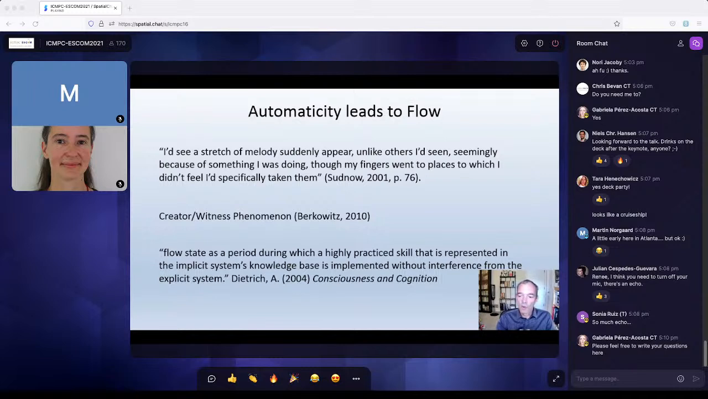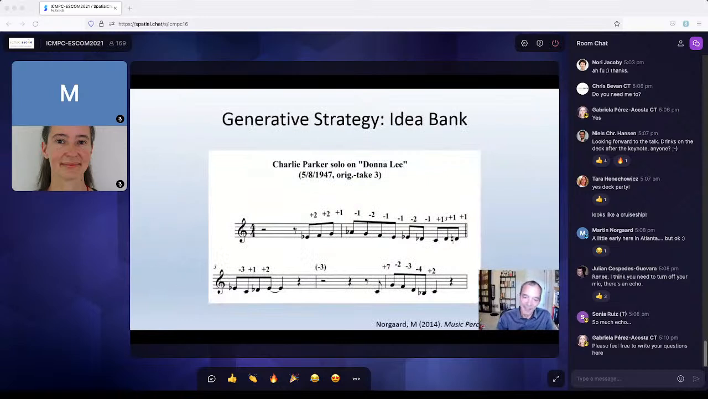So what is the idea bank? One idea is that the idea bank is a collection of licks that you have played before. So in order to look at that, to see if there indeed are repeated licks in extant improvisations from artist level jazz improvisers, I analyzed a corpus of Charlie Parker solos, and I looked at the